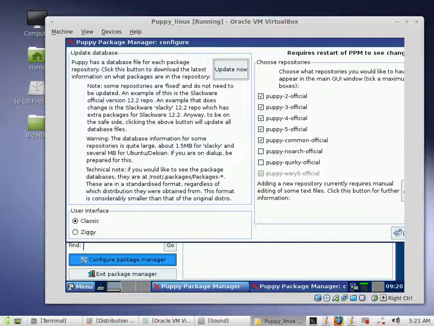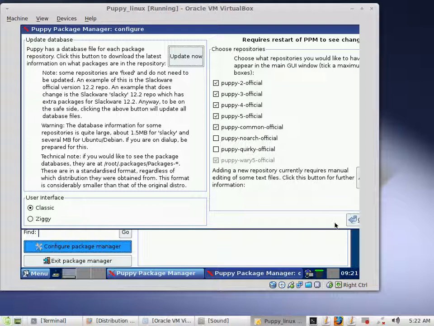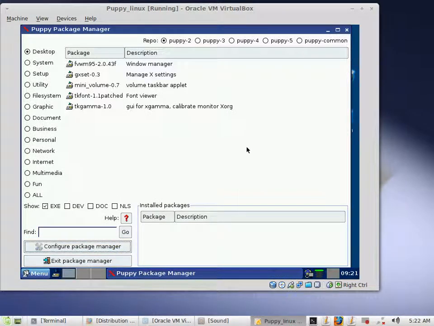So let me adjust the screen again. And then we will go on with the video. Okay, now we're back to our package manager. Now, just like I said, for tutorial purposes, we're going to install a package. So let's go ahead. Well, my screen, once my screen starts messing up,